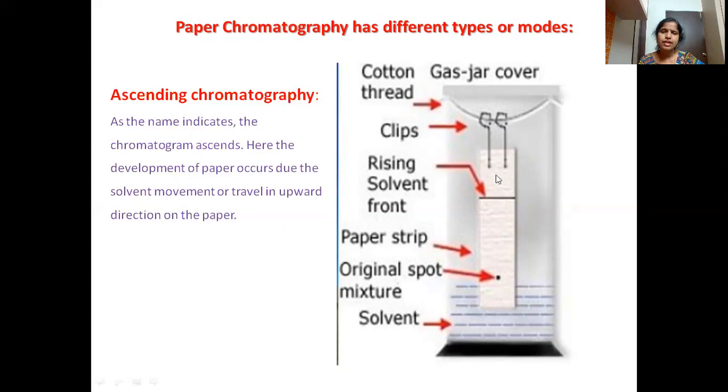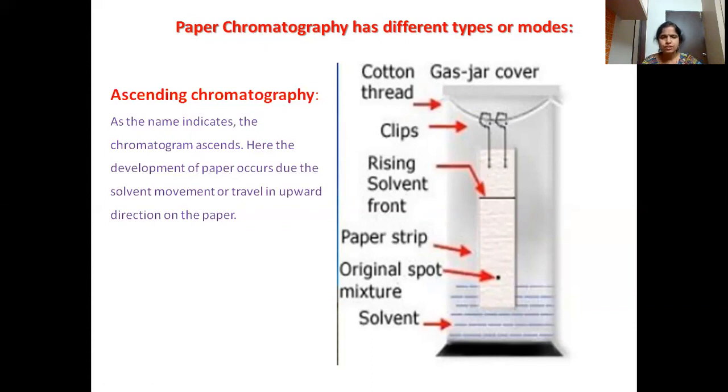Till the solvent has run up to 3/4 of the paper, this is the 3/4 level of the paper, you have to just watch that the level of the solvent should come up to 3/4 of the paper. That is taken as the solvent front. So when it has reached up to 3/4 of the paper, we have to open the lid and then remove the paper from the clips. And then take a pencil and draw the line. That is the level of the solvent, so we call it a solvent front.